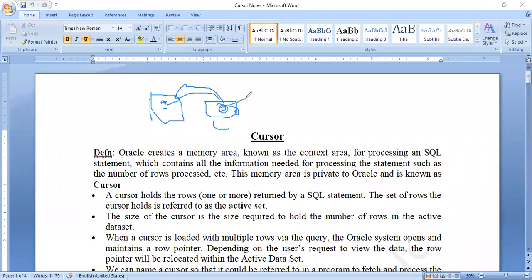So this part, which is a temporary memory location, wherein all the SQL commands get executed, and after they are executed, when they are saved, then the saved data will be stored back into the actual database. So this particular temporary memory location is called a cursor. What is it called? Cursor. Cursor. So you understood this example?